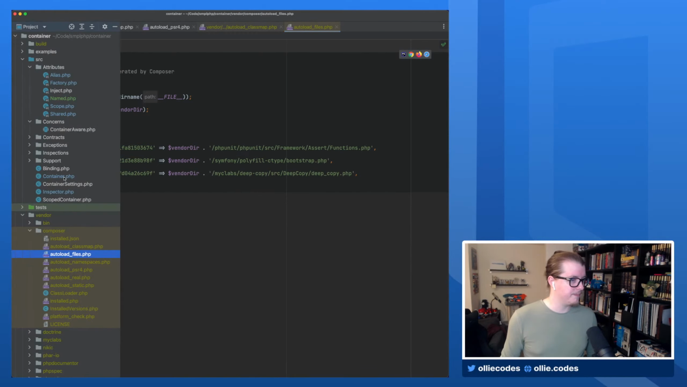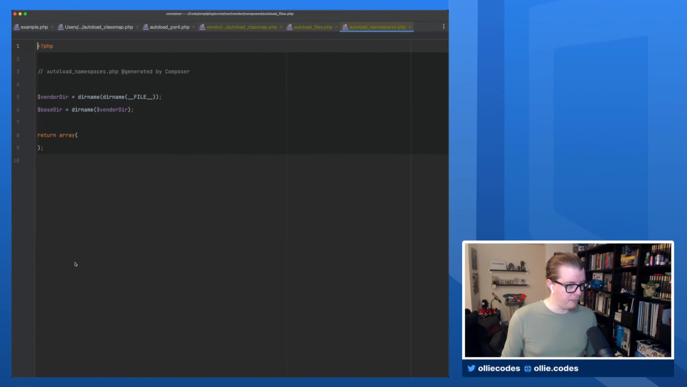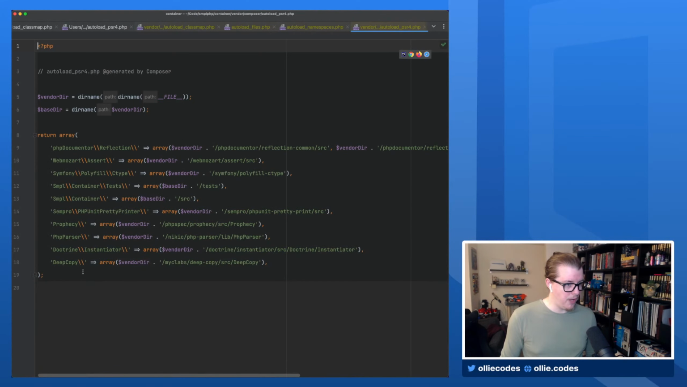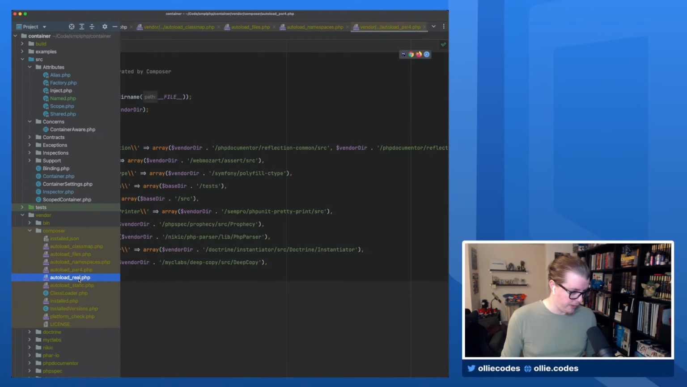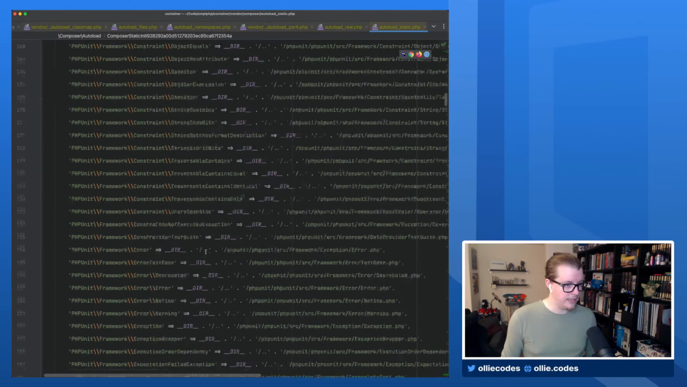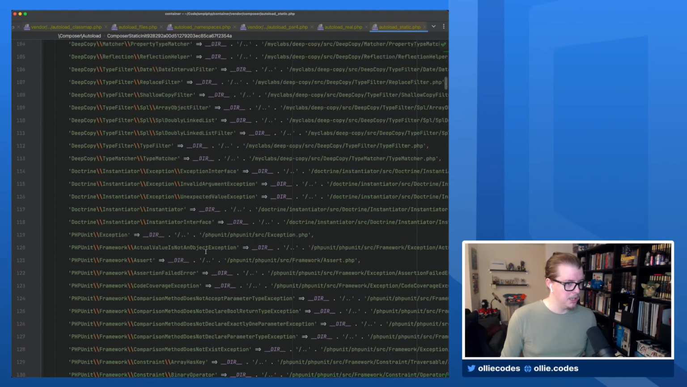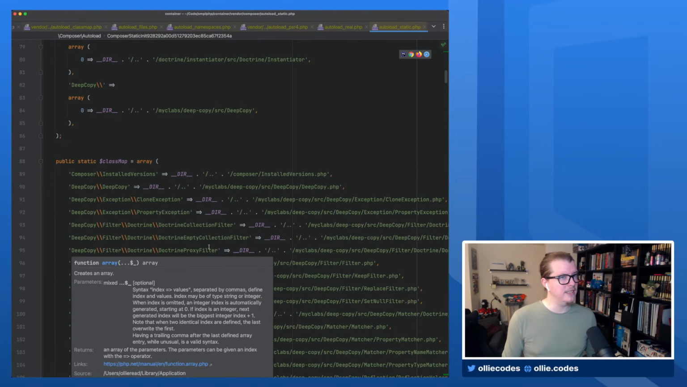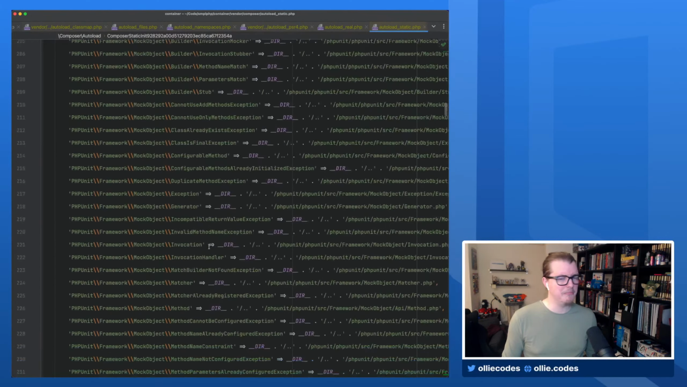Sure. We don't care about file names. All right, cool. So PSR4, which is the only real one. Autoload real is the actual autoloader. Autoloader static is the same code as is in the class map, but